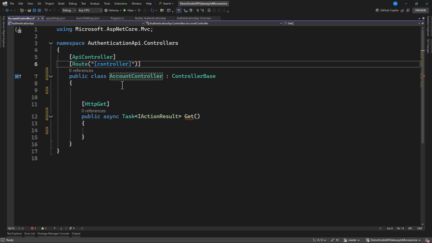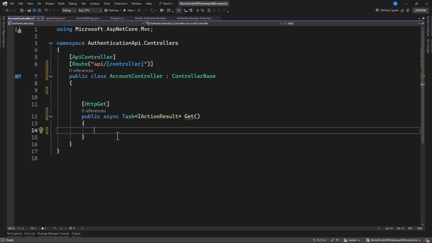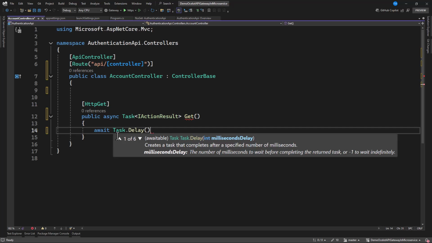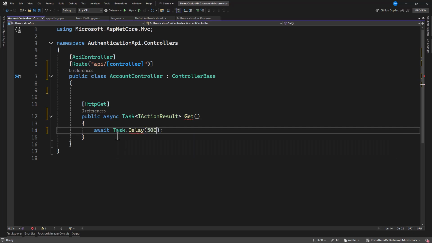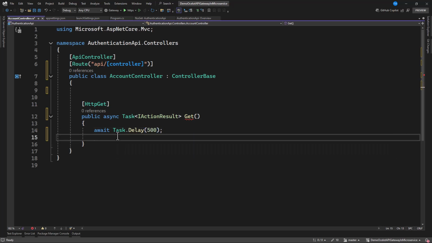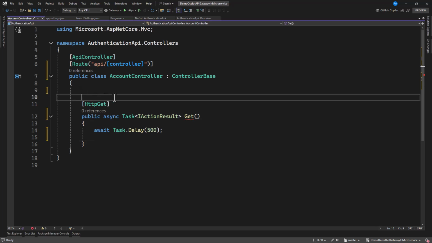For the route, it is api/account. Maybe we can have an await Task.Delay, let's delay this by 500 milliseconds.